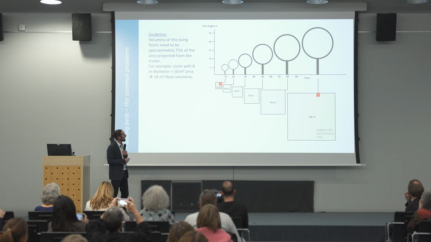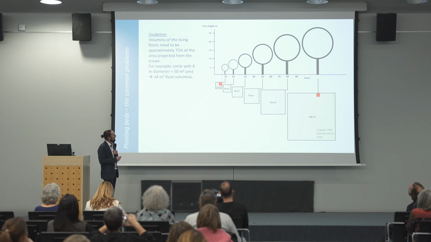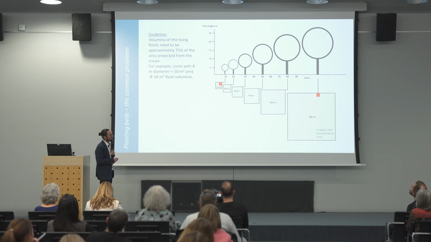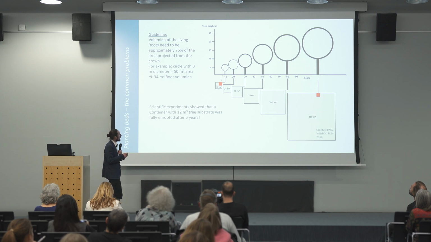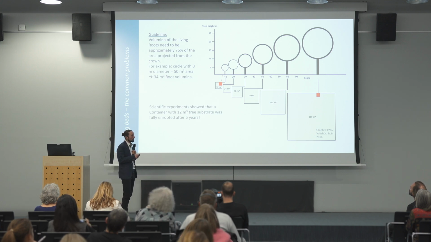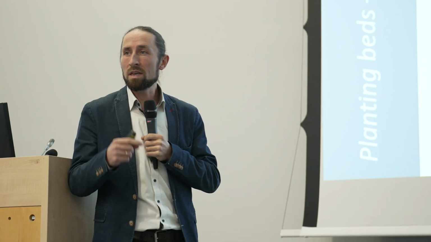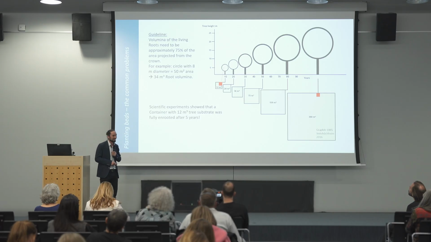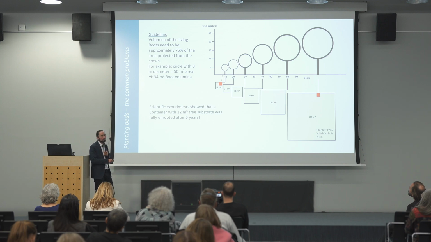When we look at this graphic from the colleagues from Germany, we start with our plantation over here, and we want to go as far to the right as we can. Normally with our tree pit we are around here, or here, and there is a direct connection between the canopy volume and the rootable area. So I want to give you some examples of what we can do to get more in this direction, so that the tree becomes older and bigger.